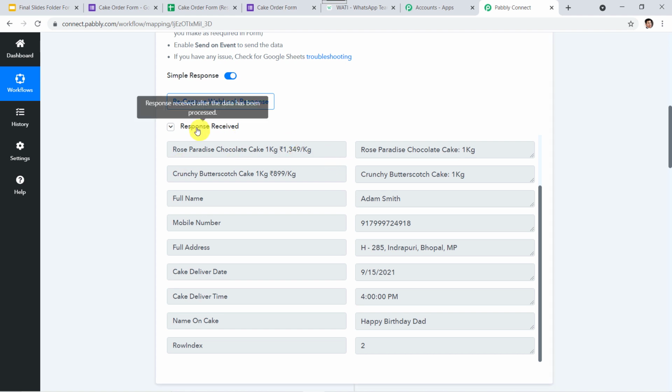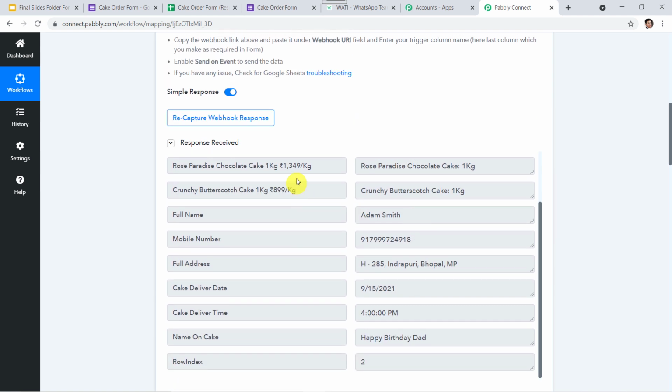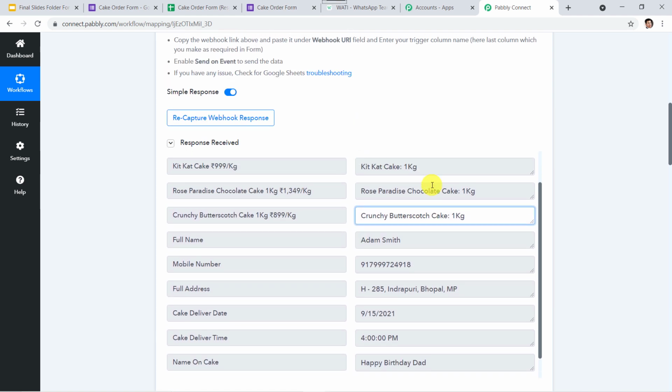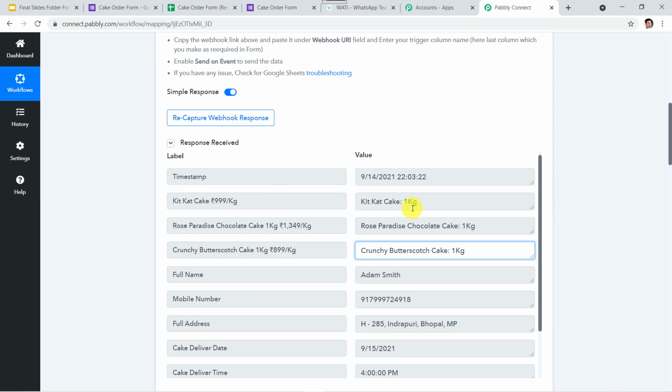When we come to this response which was received from Google Sheet by Pabbly Connect, here we can see the fields KitKat cake 1 kg over here. Again the rose chocolate cake value is given here, and this crunchy butterscotch cake, again the value is fetched over here.